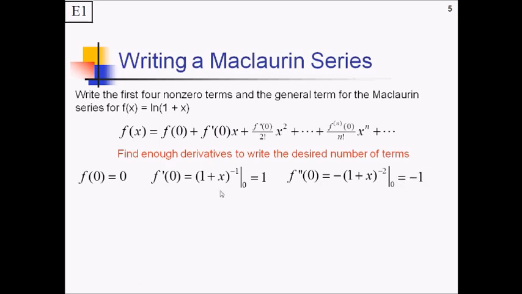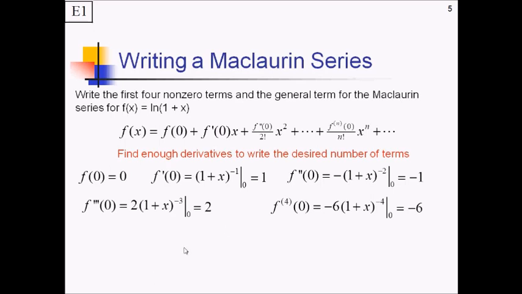Pause the video and take enough derivatives to get 2 more non-zero terms. All right, so hopefully you started with the third derivative. That's going to be 2 times all this to the negative third power. And evaluated at 0, that's just going to give us a value of 2. Fourth derivative, that's negative 6 times all this to the negative fourth. And with 0 plugged in for x, that just gives us negative 6. So count them up. We've got 1, 2, 3, 4 non-zero derivatives,